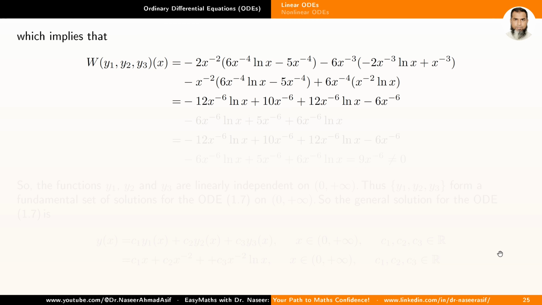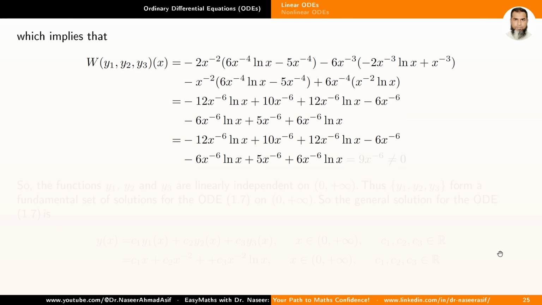which is equal to minus 12 x exponent minus 6 log x plus 10 x exponent minus 6 plus 12 x exponent minus 6 log x minus 6 x exponent minus 6 minus 6 x exponent minus 6 log x plus 5 x exponent minus 6 plus 6 x exponent minus 6 log x, which is equal to 9 x exponent minus 6,